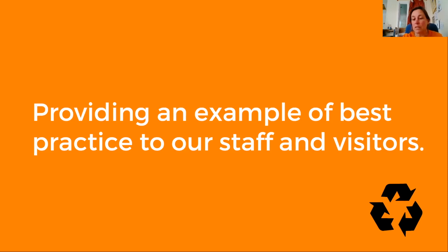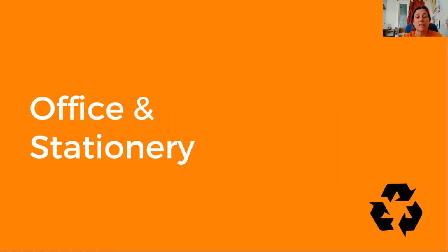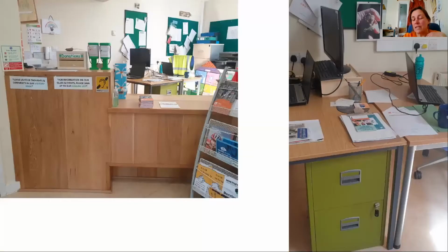I'll start with showing you a bit of the office furniture and what we do with stationery. So before Northfield Eco Centre was set up, it was a model railway shop,